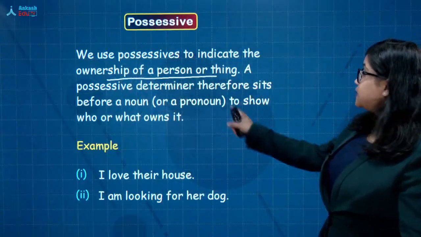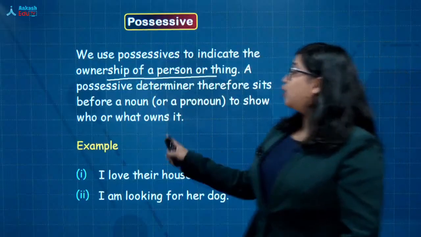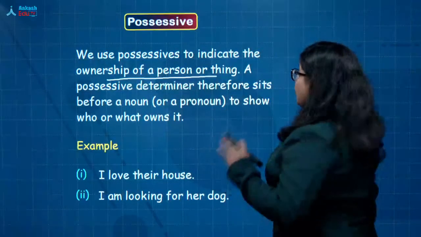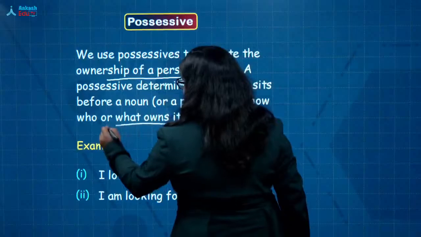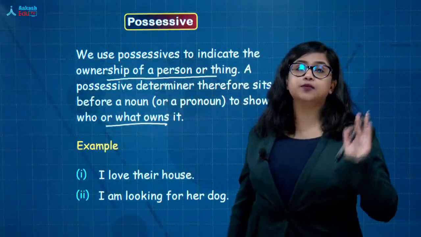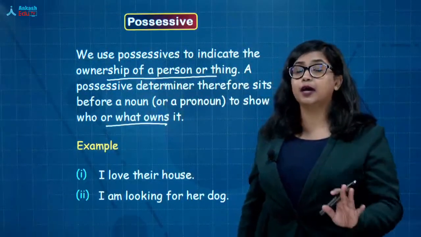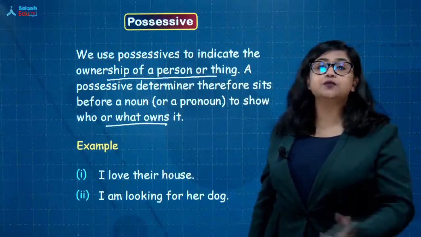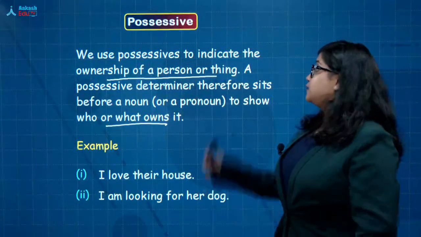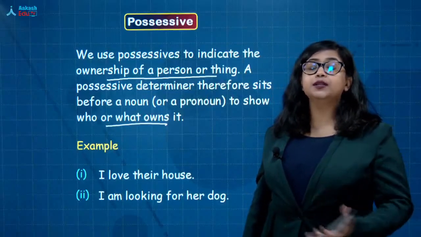Alright, a possessive determiner therefore sits before a noun to show who or what owns it. So we always use our possessive, in fact any determiner per se, before our noun. Please remember, we use all our determiners before our noun, because they give some information about it. So possessives too, we use before our noun to indicate the ownership, that is